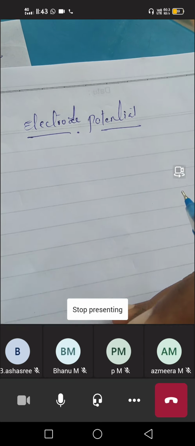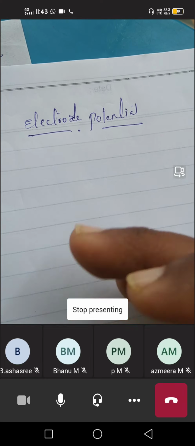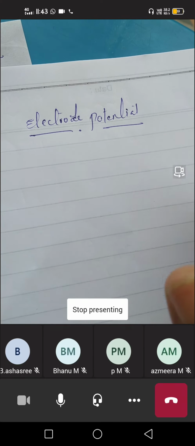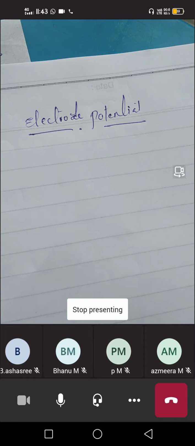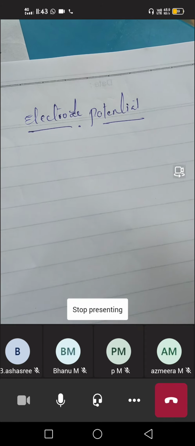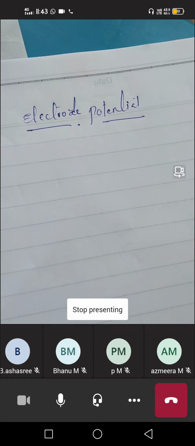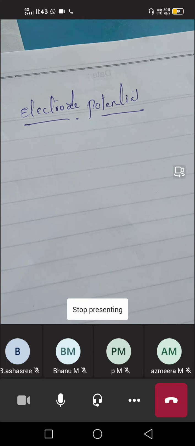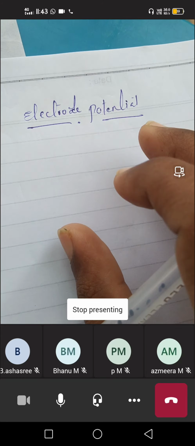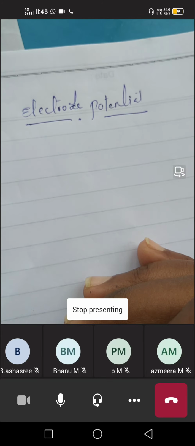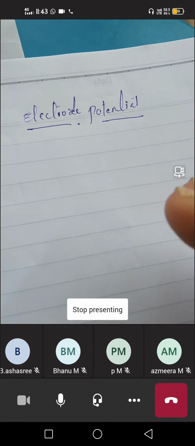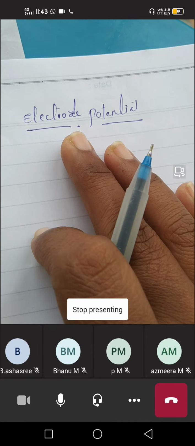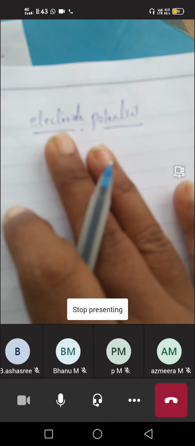In electrochemistry, this is one of the most important topics, where we study electrode potential, reduction electrode potential, and oxidation electrode potential. All these are concepts we should discuss in electrochemistry. But here, some concepts are also included in the d-block elements under the stabilities of reduction potentials. So first of all, we will see what an electrode is.